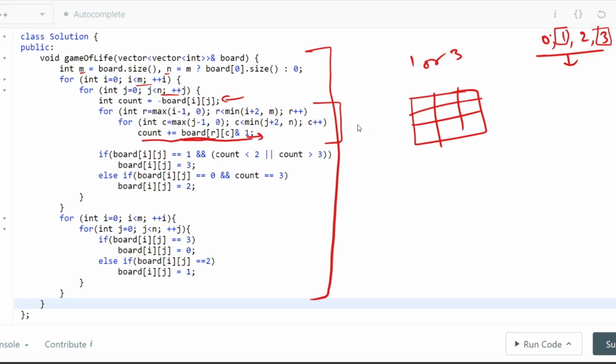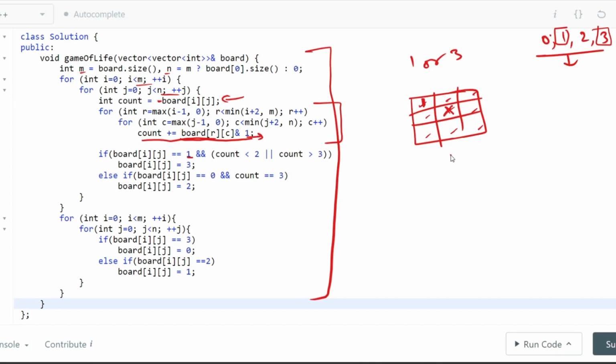Here we count the neighbors, and because we sum all the elements including the cell itself, we have to deduct it, and that's why I start with board minus this. Now if board[i] equals 1, earlier it is 1 but now it is going to update to 0.